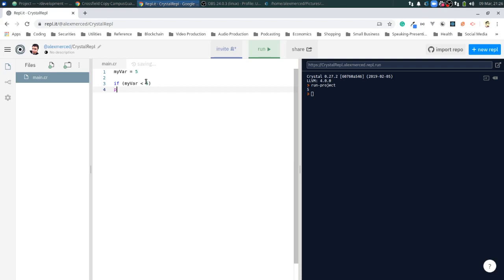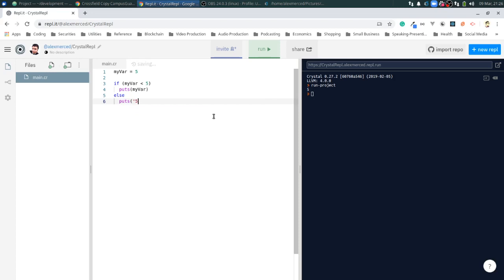So we'll say puts my var, although with good coding you would indent anyway, it's not required for Ruby. If my var is less than 5, we're going to puts my var, and else we will puts